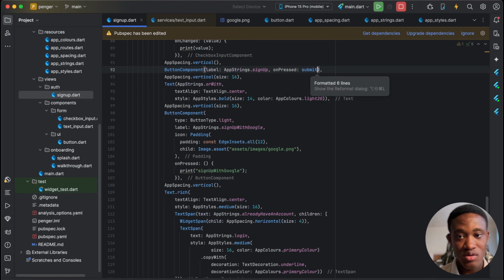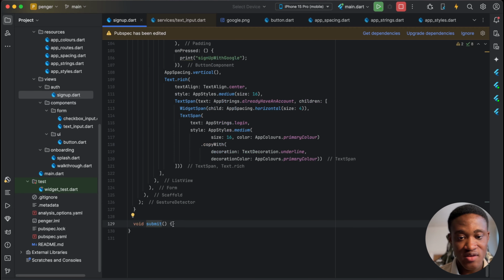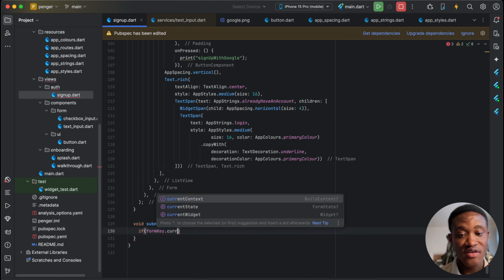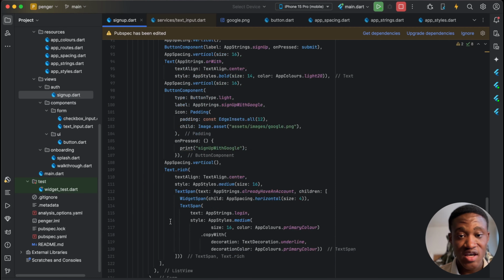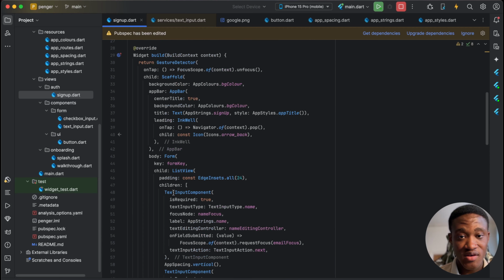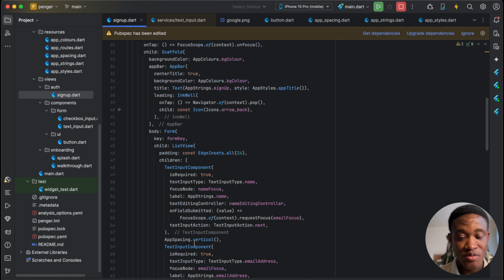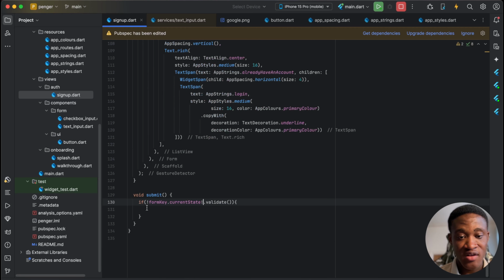Okay, all right, so this will submit. And this is where we want to make sure that the form has passed the validation before we submit. To do that, we say that if the form key, which we define up there, dot current state dot validate cannot validate, right? Here it's saying this because it thinks that it's null, but we are going to say that it's not null because we defined it and set it up here in our form key. Okay, so if it's not,